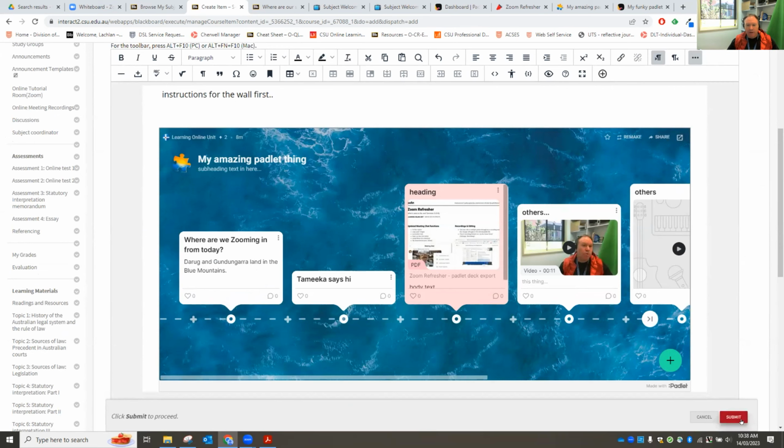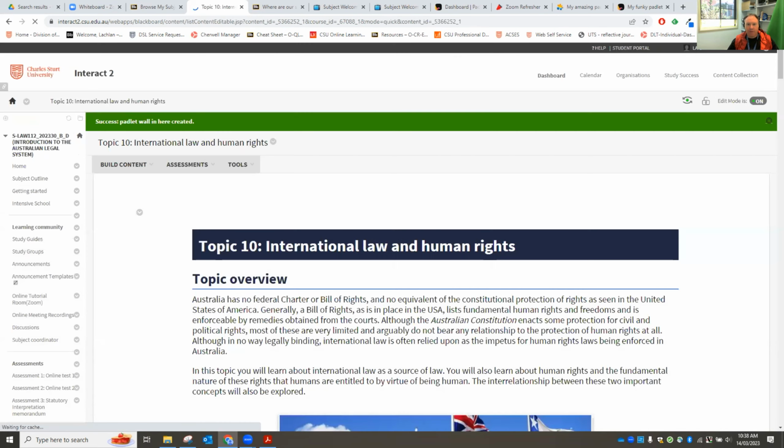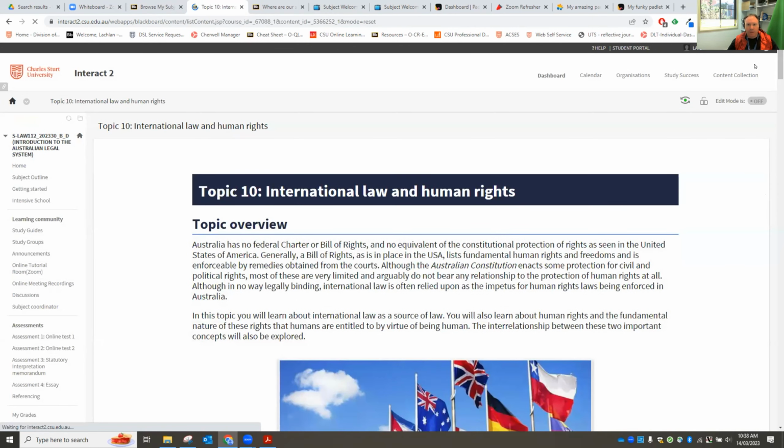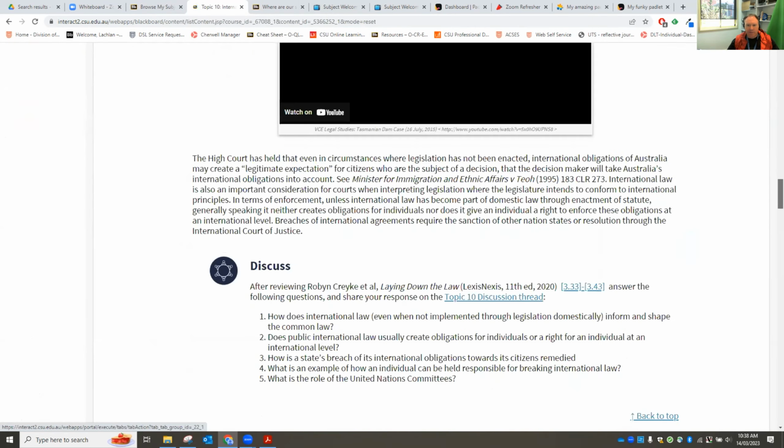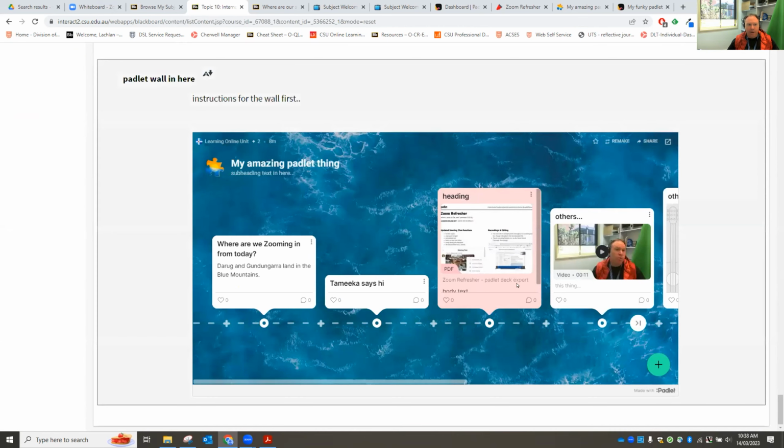That's ready to go. If I hit submit, turn off my edit mode, because it's the last item that I added, it'll be right down the bottom. But there we go. There's a Padlet wall ready for students to use straight away. We've got some text instructions up the top. I could go back in and edit those and change them if I want, but this wall is live and